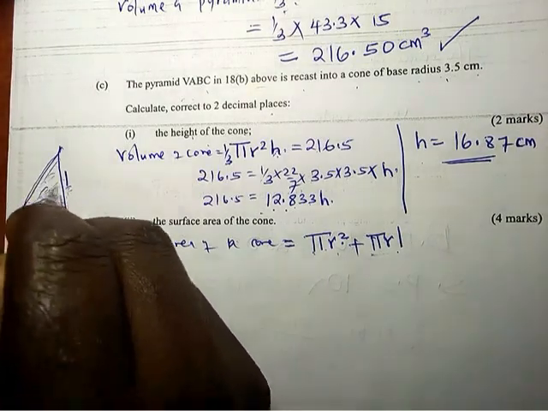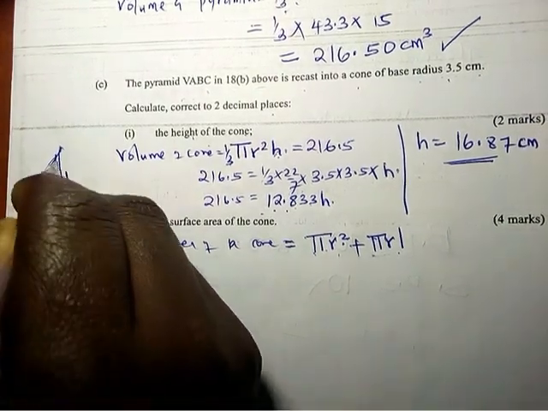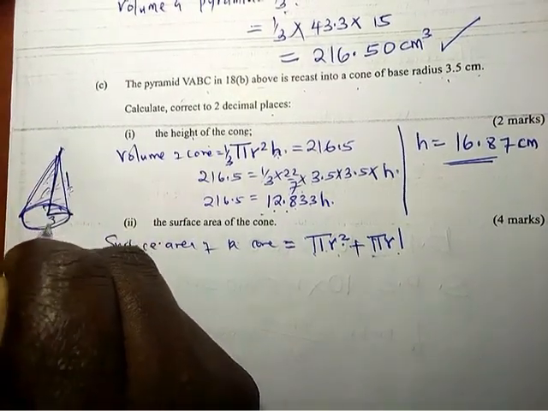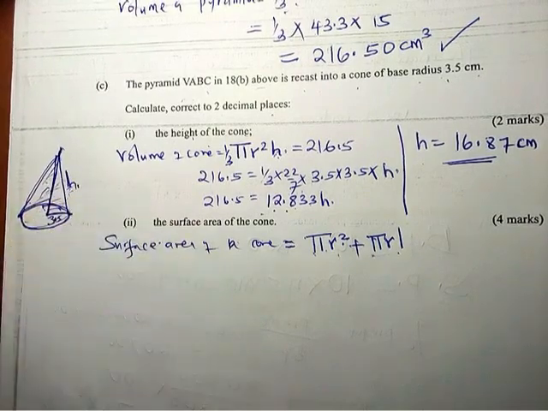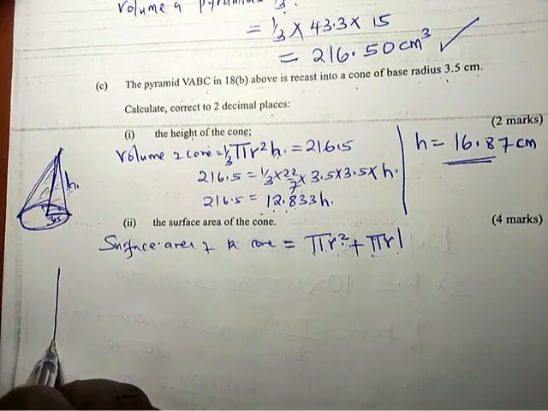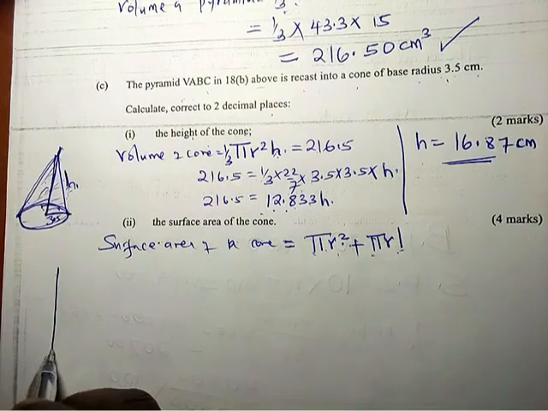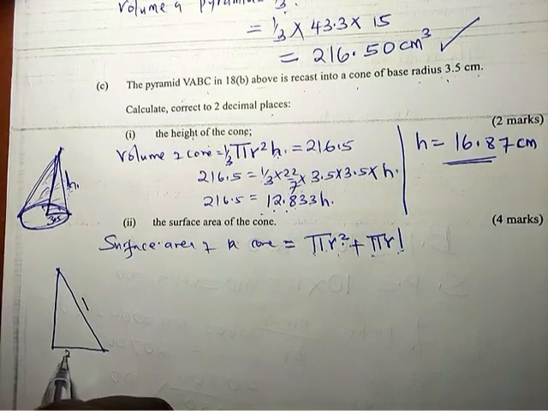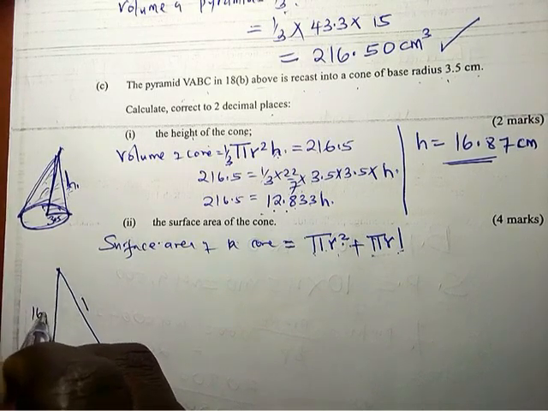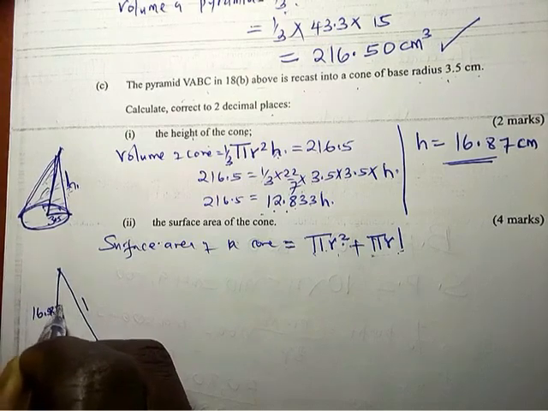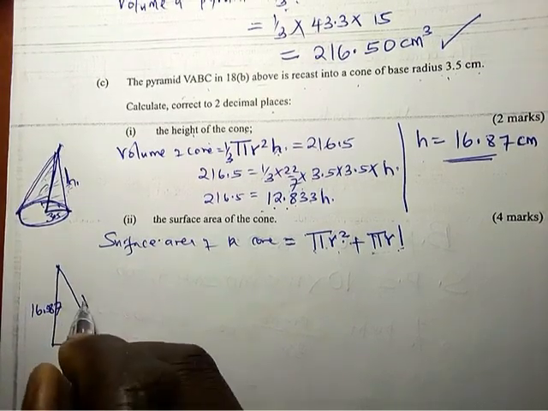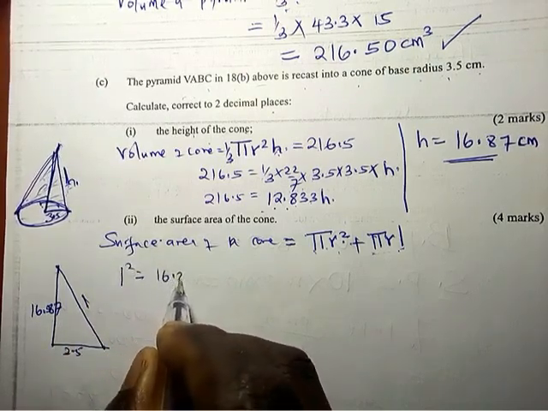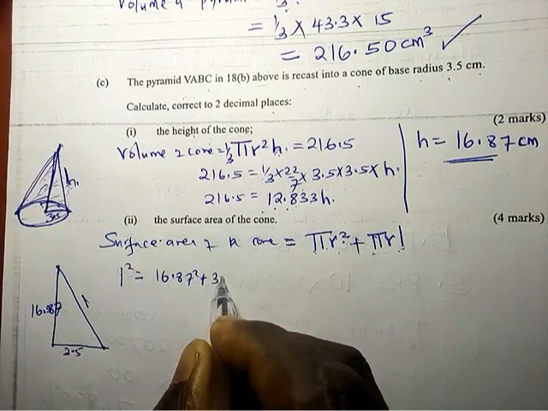Now this one we get it like this. Here there is a height ambayo tumepata 16 kutoka hapa mpaka hapa. Kutoka hapa mpaka hapa tuko na radius 3.5 lakini hatuna hii. So we use Pythagoras theorem to get that slant height because we need it here. We are looking for the slant height. Here is 3.5. Here is 16.87. So how do we get that? We use Pythagoras theorem. Slant height square equal to 16.87 square plus 3.5 square,